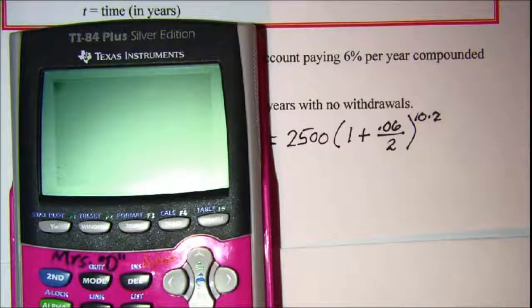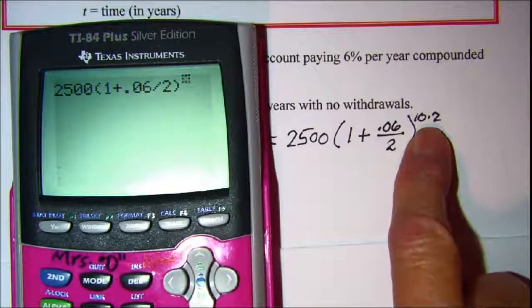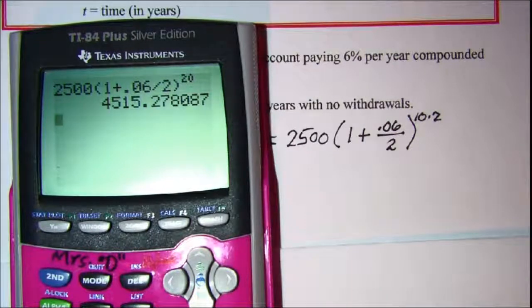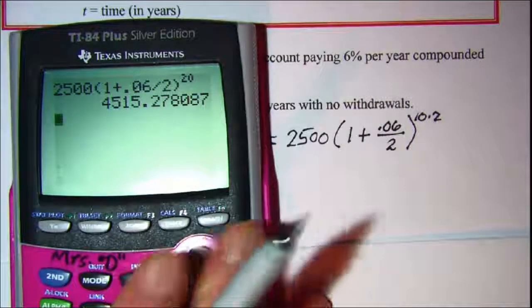Now I'm just going to use my calculator to do this calculation. We can put it all in at one time. We have 2,500 times the quantity 1 plus 0.06 divided by 2. And then that is raised to the, now I'm going to just write 20 here, but you could put 10 times 2 if you wanted to, raised to the 20th power. So it looks like our amount is